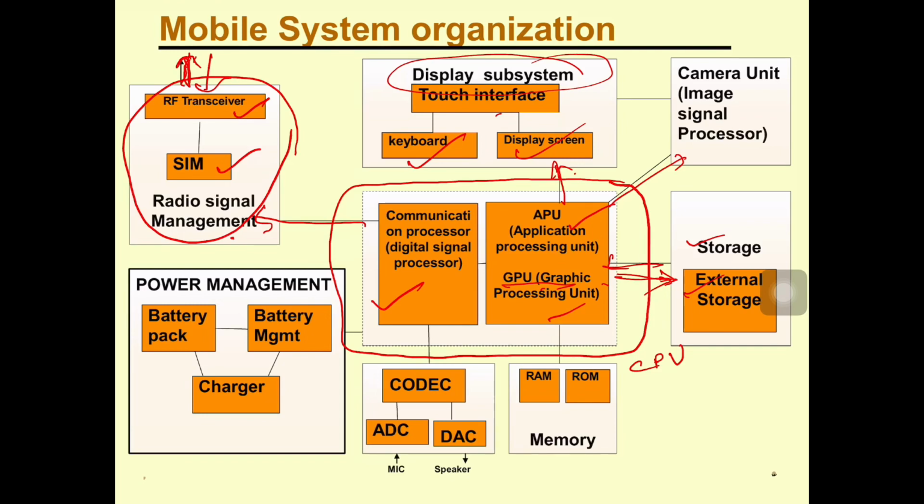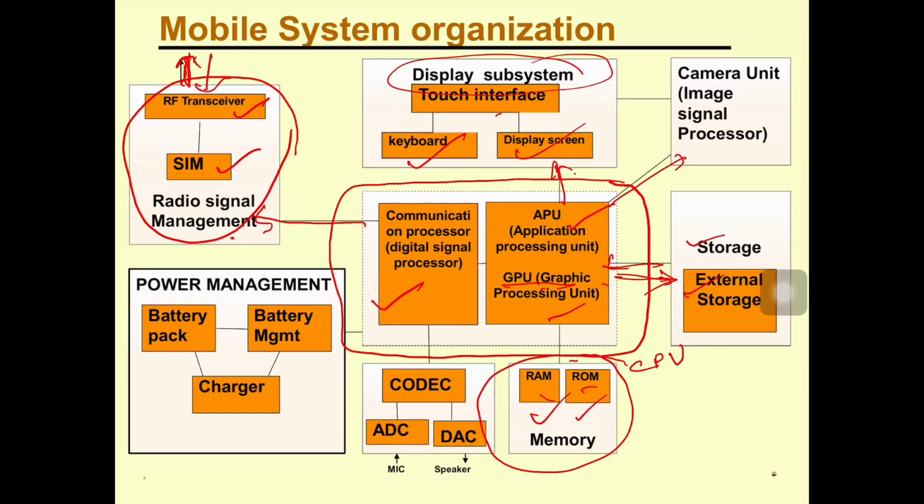As I have explained in the basics of computer, in the mobile system also primary memory is needed for data processing. Hence, this CPU of the mobile system is also connected with the memory of the mobile, which consists of RAM as well as ROM. RAM is random access memory, and ROM is read-only memory. RAM is dynamic, volatile memory, and ROM is non-volatile memory.